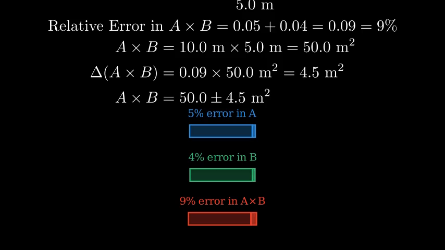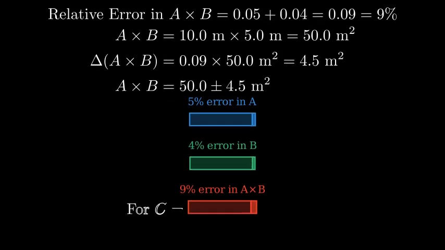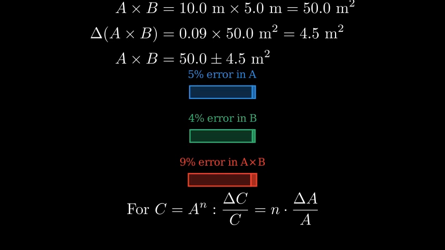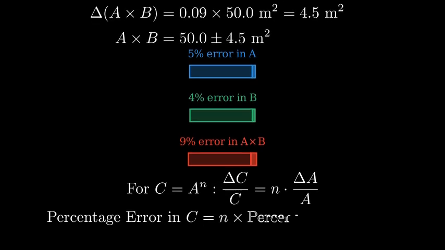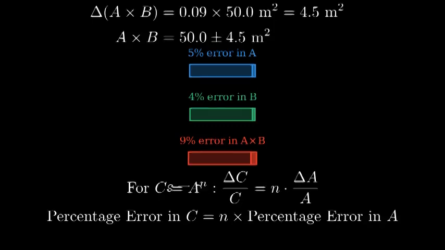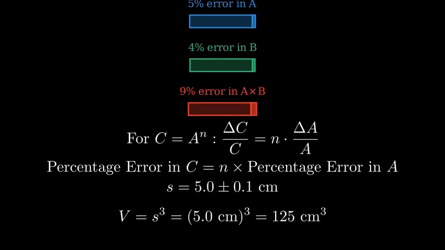What about when we raise a measurement to a power? When a measurement is raised to a power n, the relative error is multiplied by the power. For a calculation C equals A to the power n, the relative error in C is n times the relative error in A. For example, if we calculate the volume of a cube with side length s equals 5.0 plus